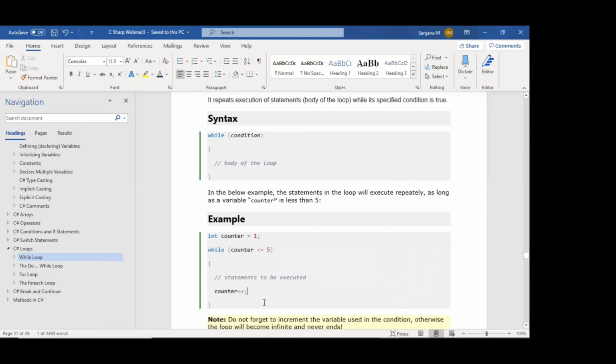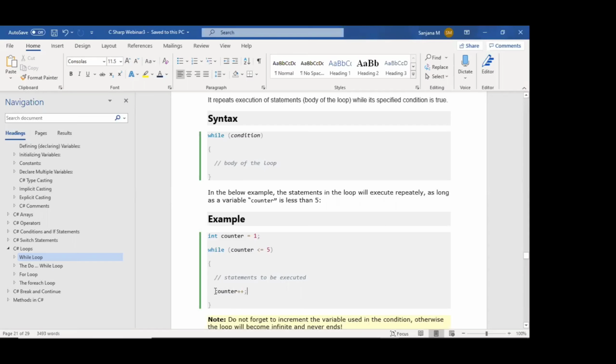Why is this required? This is the most important thing. We should not forget to increment the counter, because we are using this counter variable in our condition. As long as the condition is satisfied, the statements will execute repeatedly.